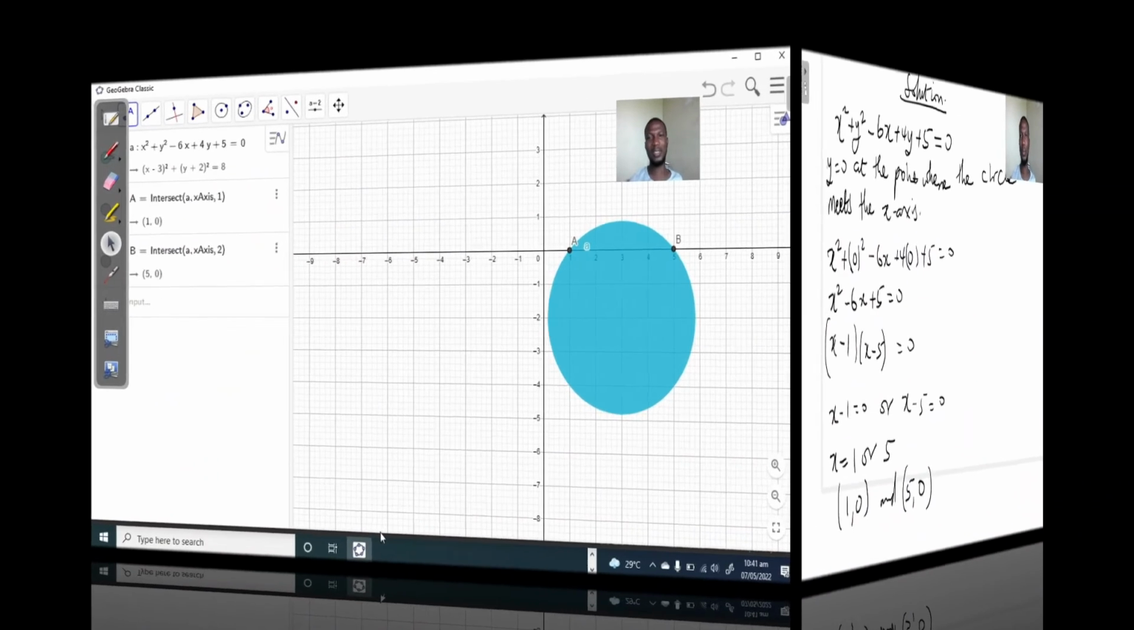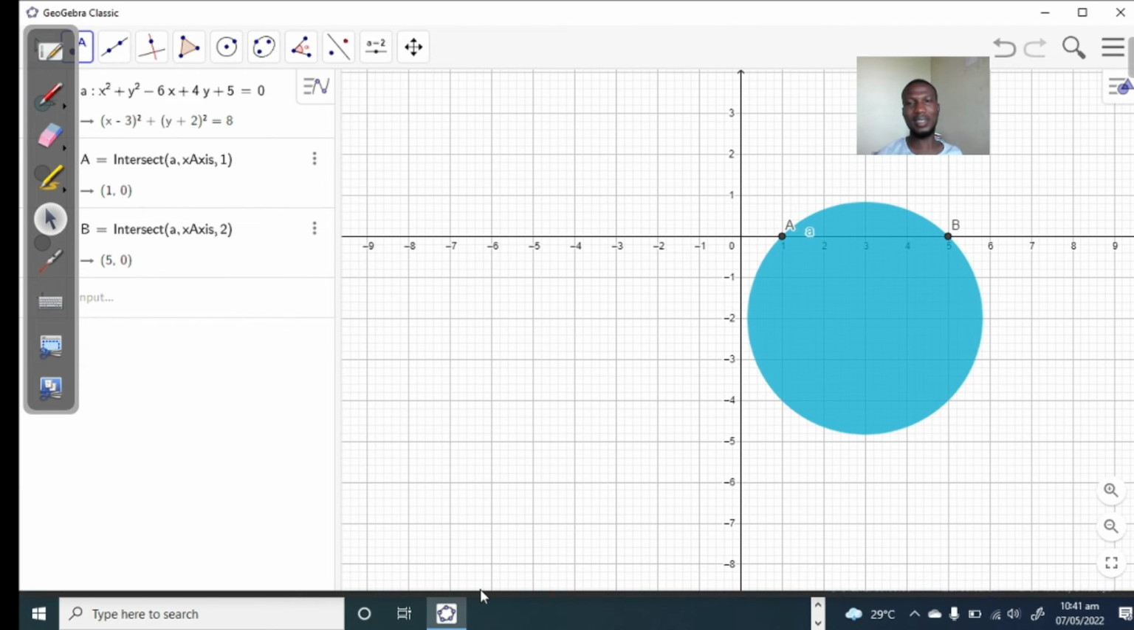Alright, so there we have it. Our circle cut the x-axis at A (1, 0) and B (5, 0). The intersections are (1, 0) and (5, 0). So this is how you find the equation of the tangent to this circle